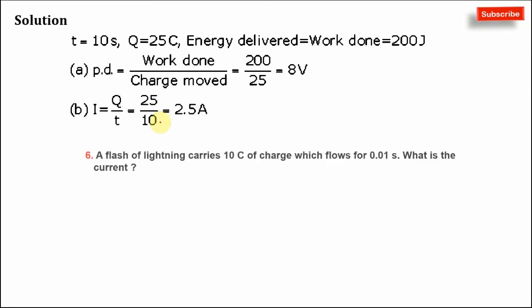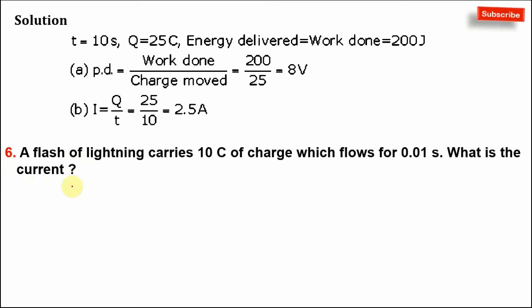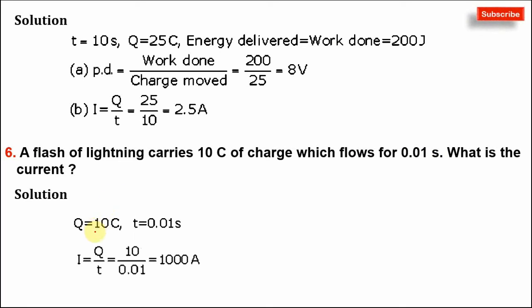Okay, now come to the sixth example. A flash of lightning carries 10 coulomb of charge which flows for 0.01 second. Then what is the current? Here you can see the given data is Q is equal to 10 coulomb and T is equal to